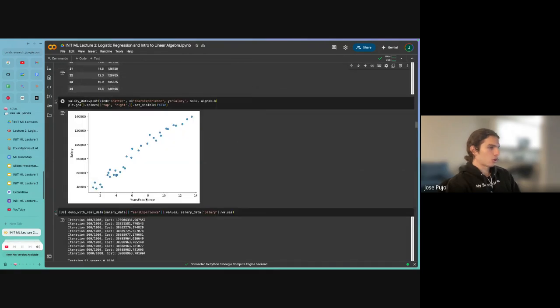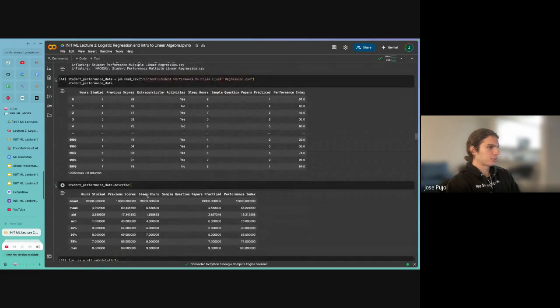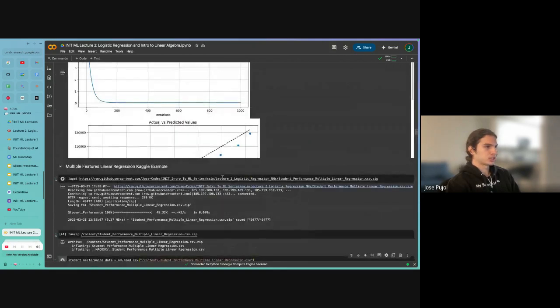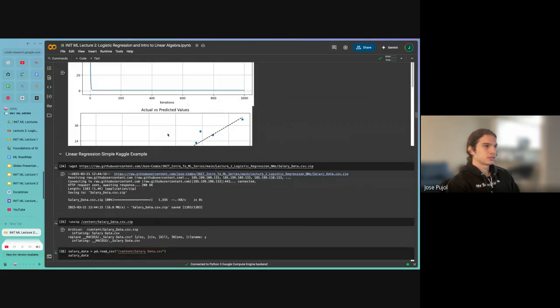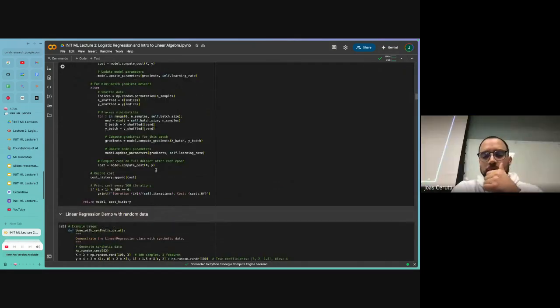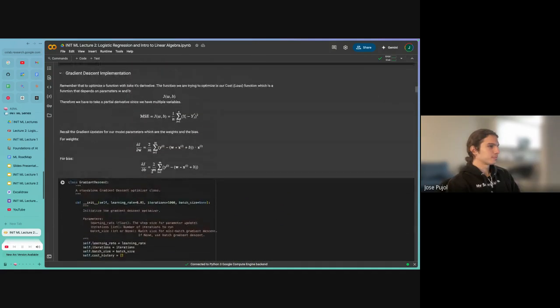Now, in a more complicated example, every row has multiple features, as you can see here. And the target that we want is going to be this performance index. So when we pass in all these features, for every example, we want the corresponding prediction. This makes sense, right? Everybody's good on mine. Okay.